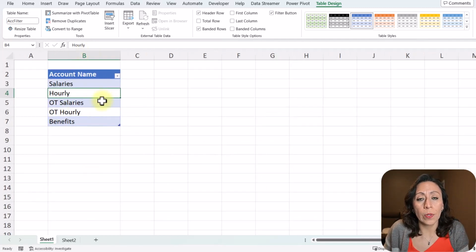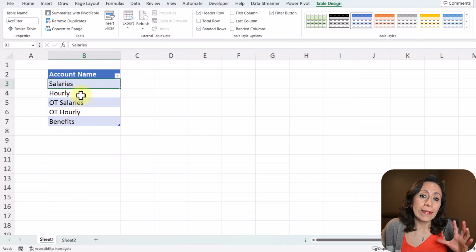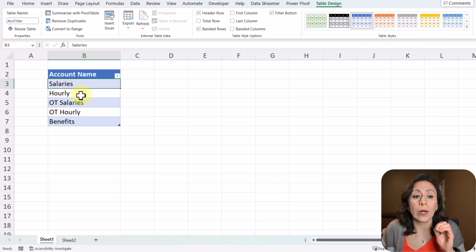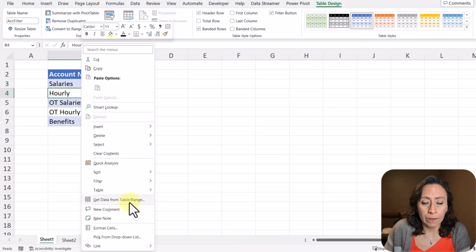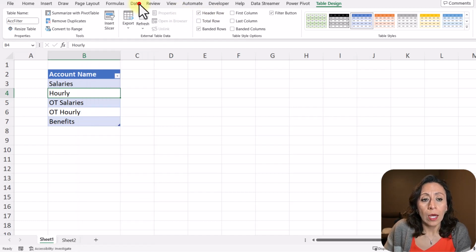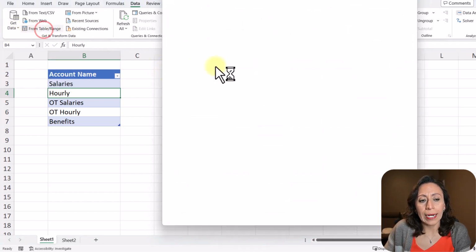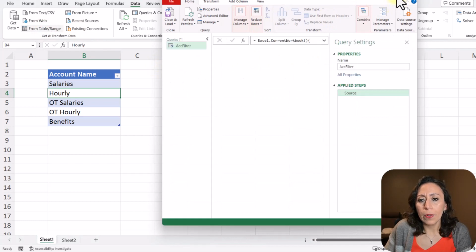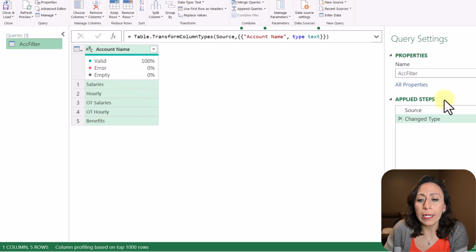Now that I have my table, this is going to be the list. We're going to convert this into a list in Power Query. So now that I have this, I can bring this to Power Query because this is the one that is going to be controlling the information that we are going to bring to our pivot table. So I'm going to right click and select get data from table range, or if you have a different Excel version, I have Microsoft 365, just go to data and look for from table range. I'm going to click there and the Power Query editor will open right here, Control plus to zoom in.